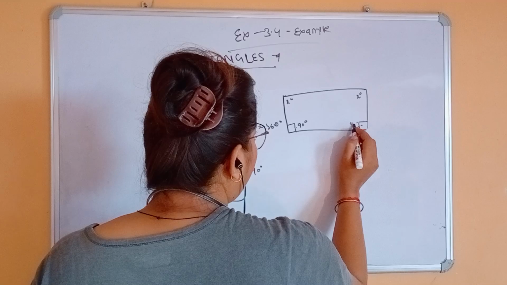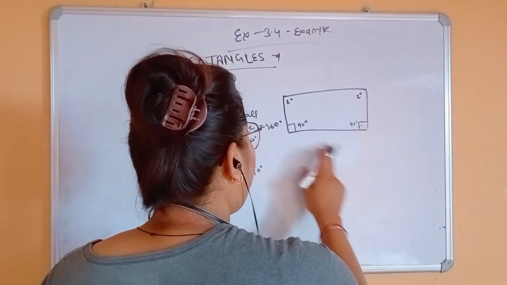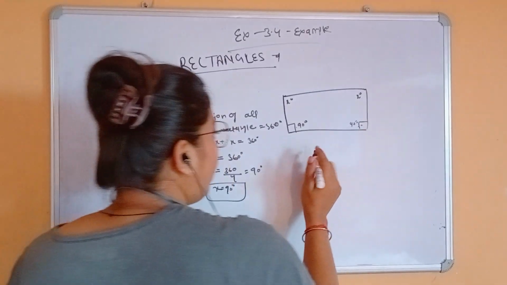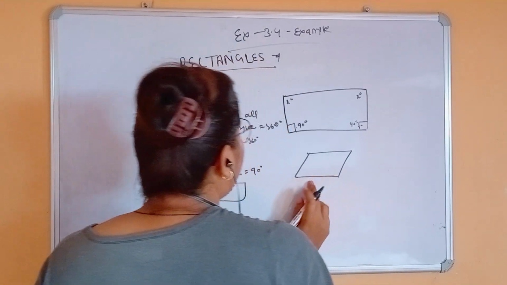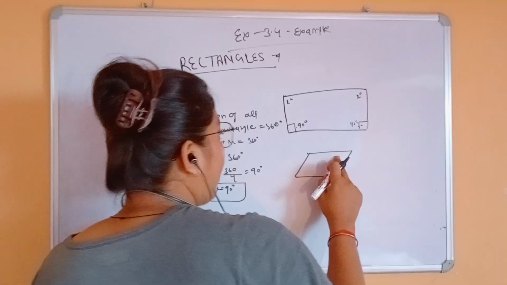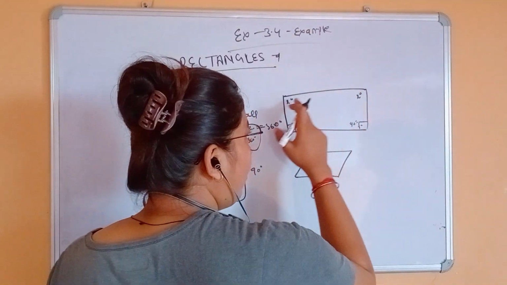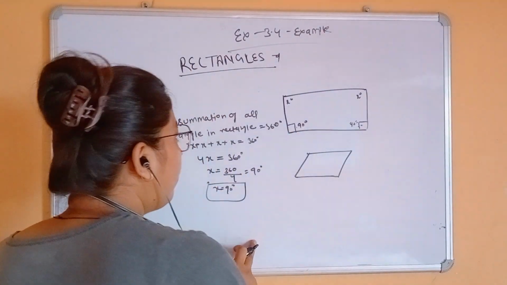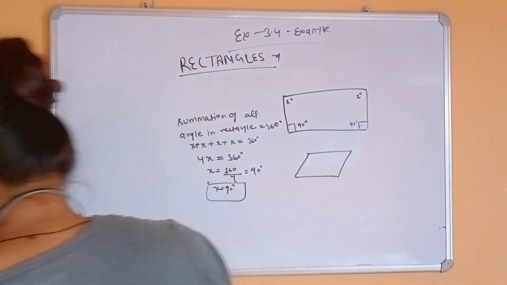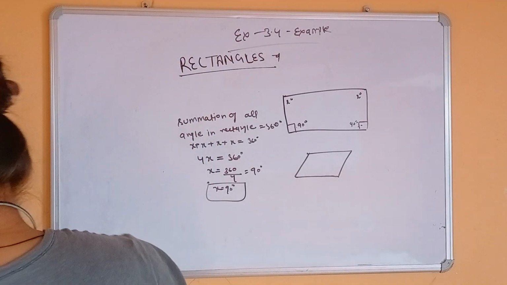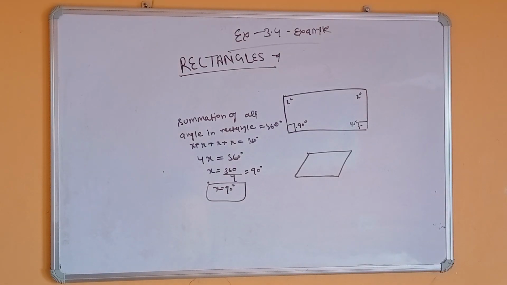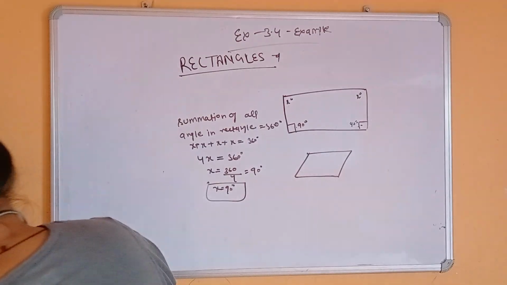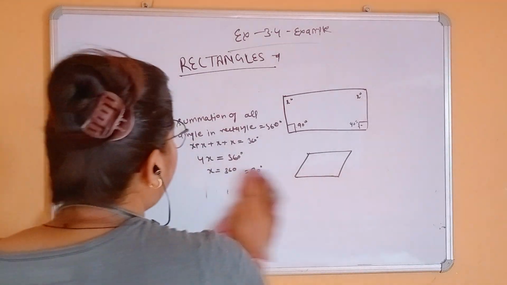So rectangle makes equal angles in all sides, but in parallelogram the angles are not equal, like 90 degrees. In parallelogram no angle makes 90 degrees. In rectangle all angles make 90 degrees. So here we understand one difference. First write, then understand the property of rectangle. So now you understand here the property of rectangle.